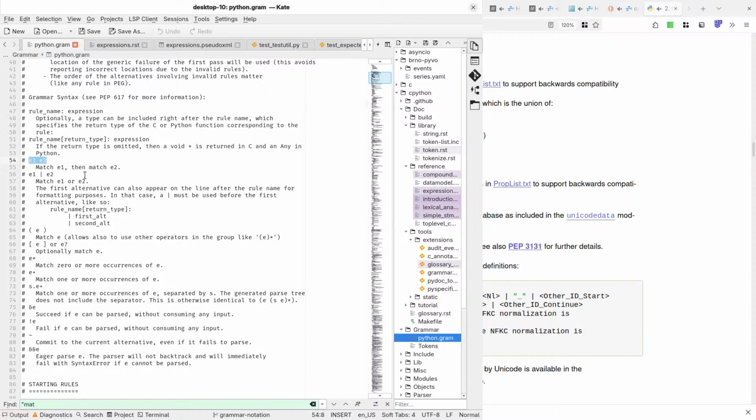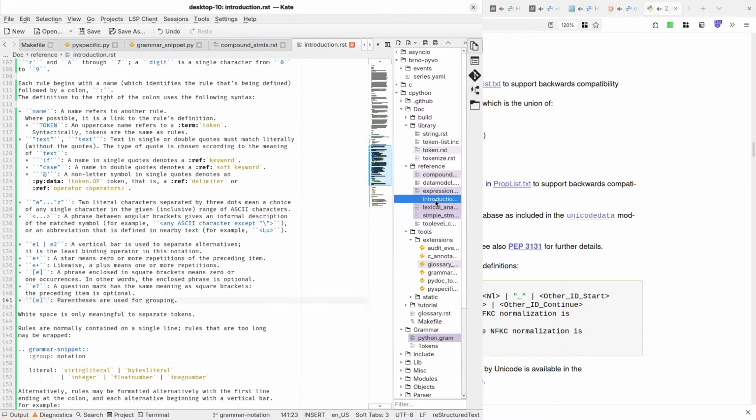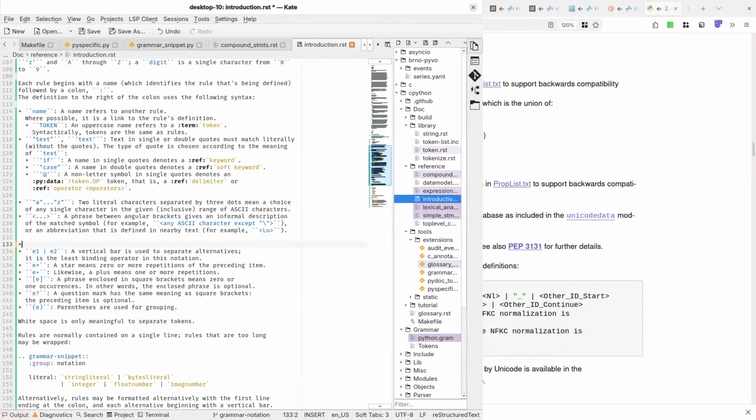Oh, yeah, if two things come right after each other, they must match in sequence, which means whitespace is not only able to separate tokens.